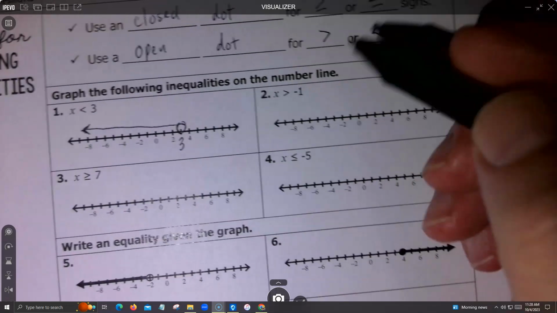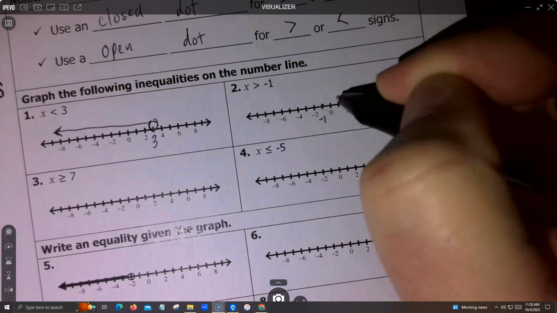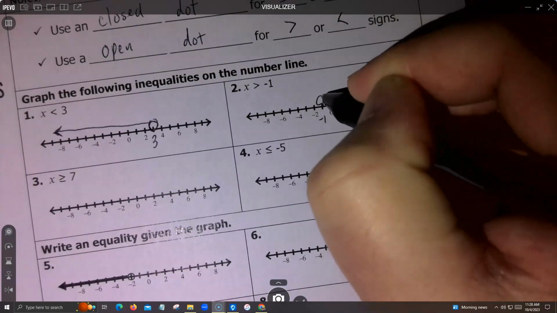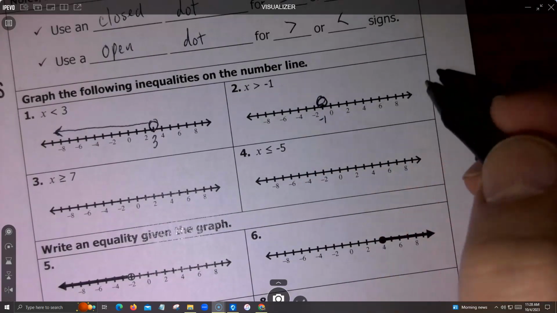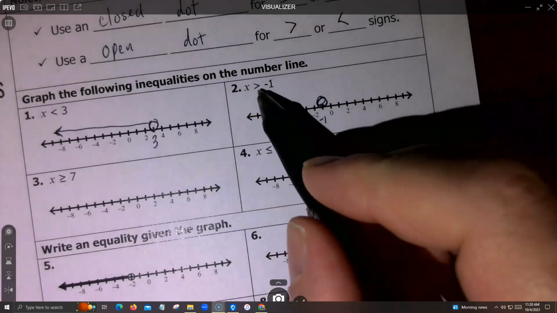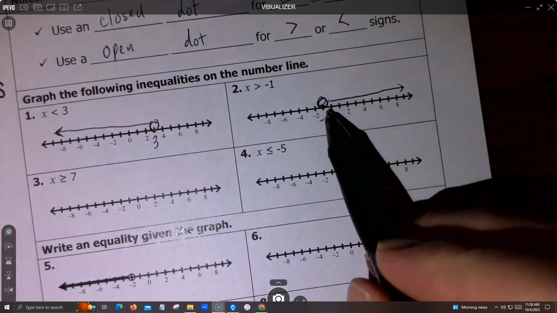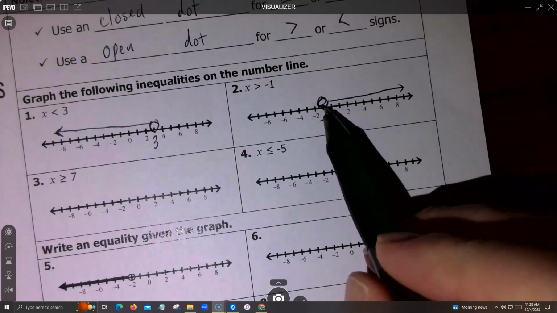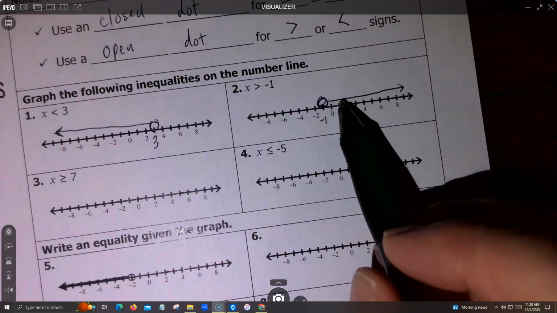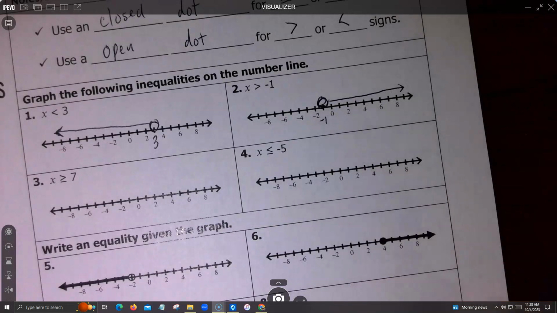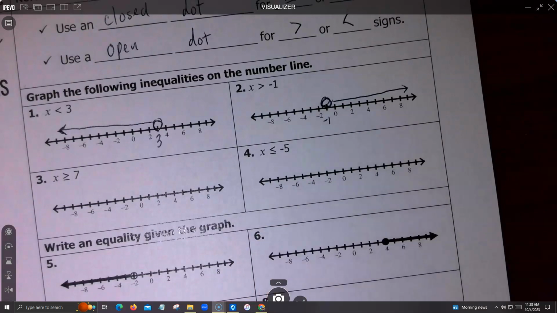All right, so now we have number 2, greater than. So we're going to pick -1, which is right here. We're going to do an open dot again because I didn't say equal to. In fact, I probably should put it on the number, but I'm showing it above so you can actually see it. And then I need numbers that are bigger than that, so I'm going to go this way. Again, I can pick anything above -1. So if I picked -0.999999999, that's bigger than -1. So again, the open dot allows me to walk all the way up to -1, but not actually step on